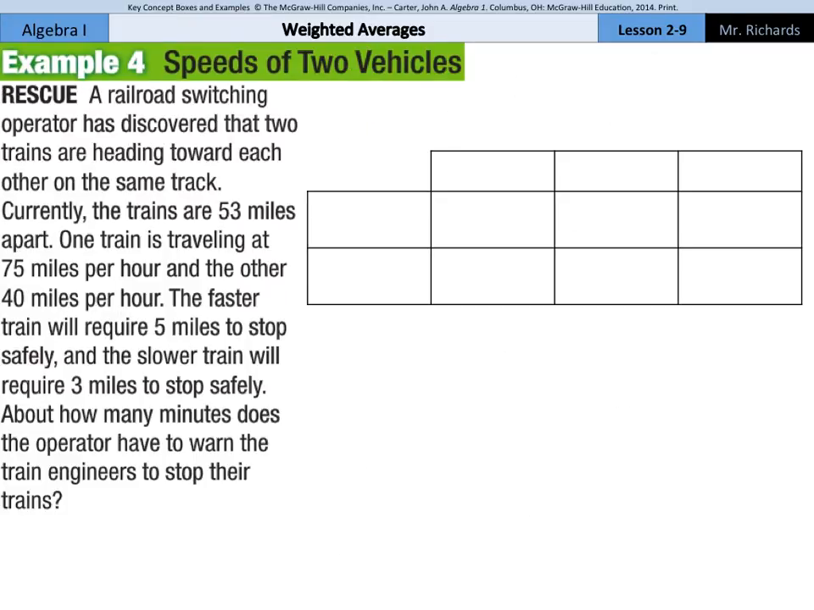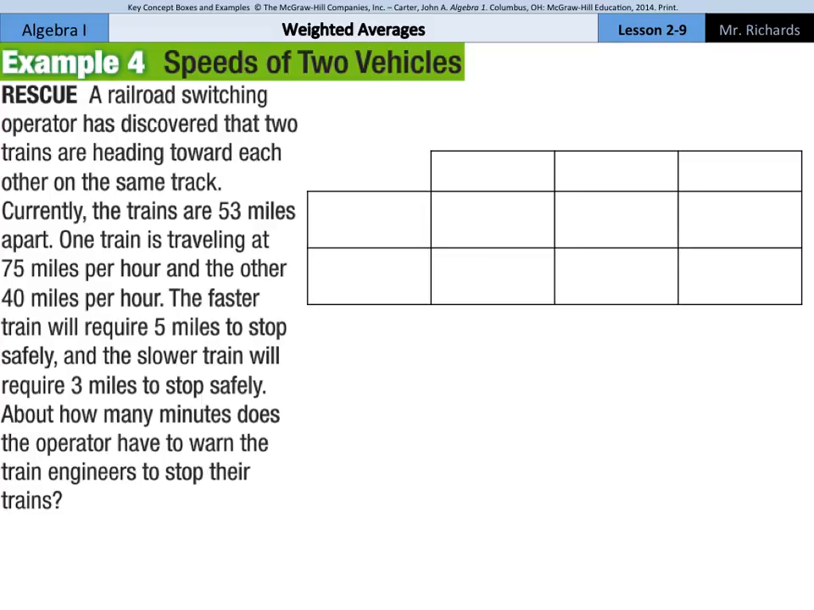Now it's time for one of the most classic algebra questions ever. Example 4, the speeds of two vehicles. A railroad switching operator has discovered that two trains are heading toward each other on the same track. Currently, the trains are 53 miles apart. One train is traveling at 75 miles per hour and the other 40 miles per hour. The faster train will require 5 miles to stop safely, and the slower train will require 3 miles to stop safely. About how many minutes does the operator have to warn the train engineers to stop their trains before they